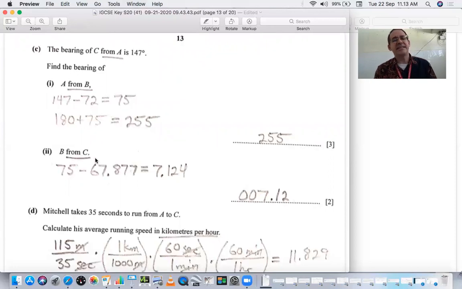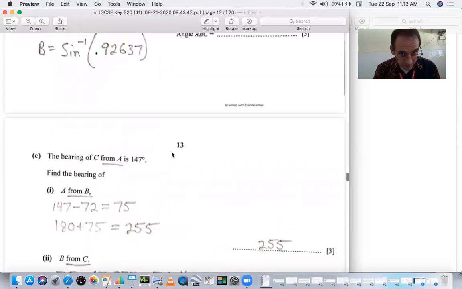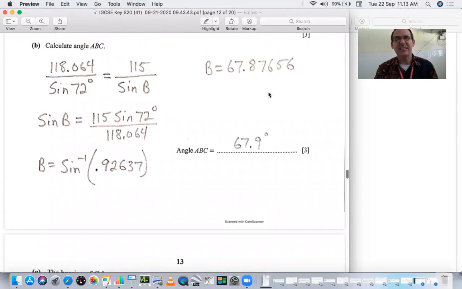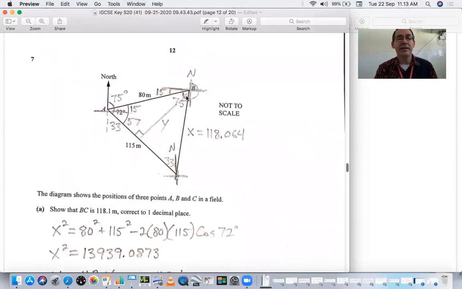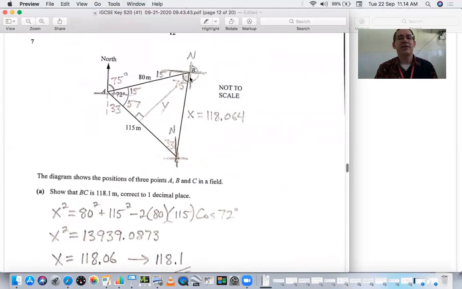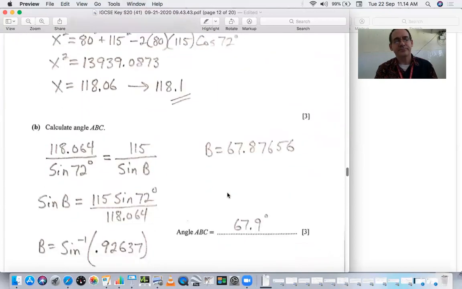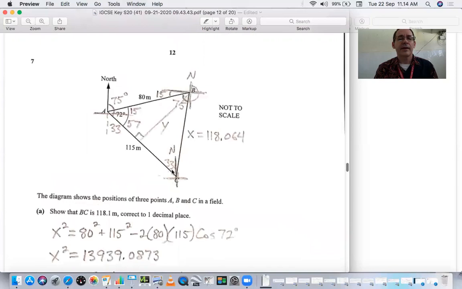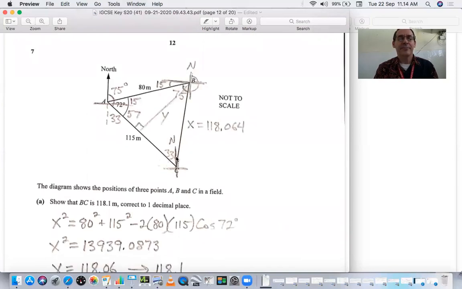Then the bearing of B from C. Notice that we already calculated this 67.8765. That is the B part. That's just the part in here. The 75 was all the way to south. This 67.8 is the actual B value. So if we want B from C, here is C, B from C, all we want to go is just that little bit right there. So the angle here, let's get back here, is 75